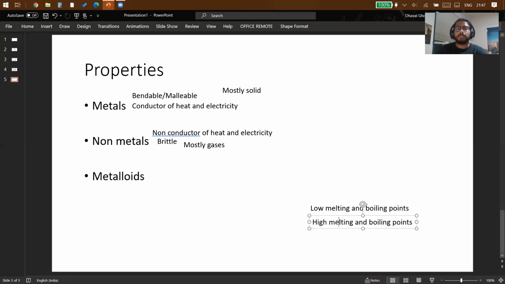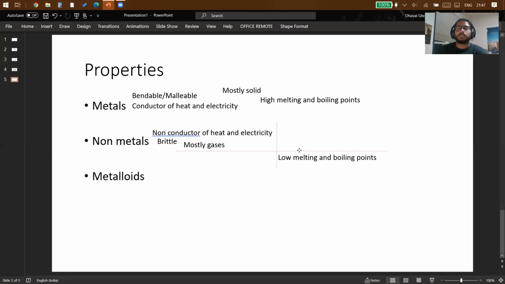Because we said most metals are solids, they will possess high melting and boiling points because they haven't melted yet. On the other hand, non-metals, you said, are mostly gases because they've already boiled off. Room temperature is too hot for them to stay solid, and so they have low melting and boiling points. If you go cold enough, the non-metals will turn into liquids and then solids, like in the case of nitrogen. If you cool nitrogen to a very, very cold temperature, it turns into liquid nitrogen, right? Same goes for oxygen